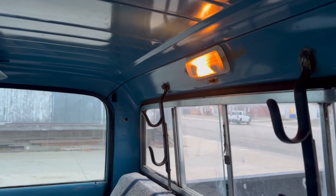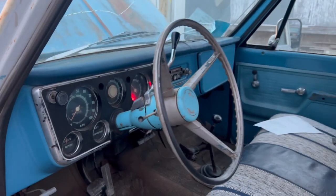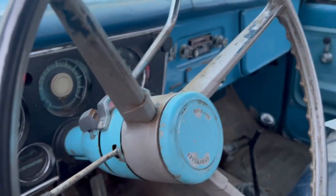You can see the dome light working. And I believe the gauges, you can see the battery one, the oil pressure. I don't know why that brake light's on unless this is...